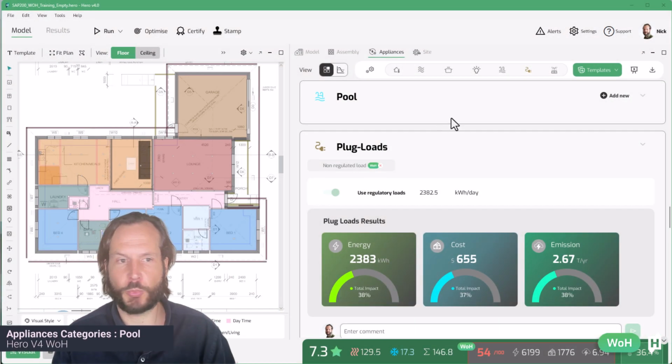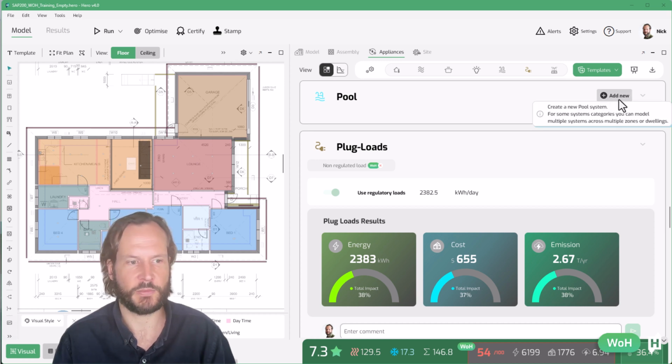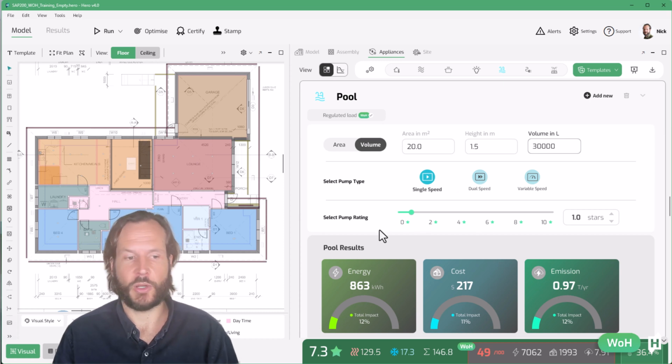Okay, so if you have a pool on the plans as part of the certification set, you must assess it in NatHERS Whole of Home. So obviously by default, we don't create a pool for you. You add this manually if you have one, or as many pools or spas as you have. You then enter in the details of the pool itself and then select the pump type, which is where the